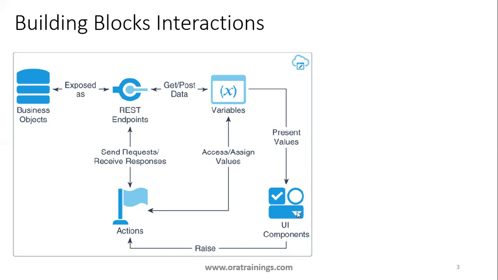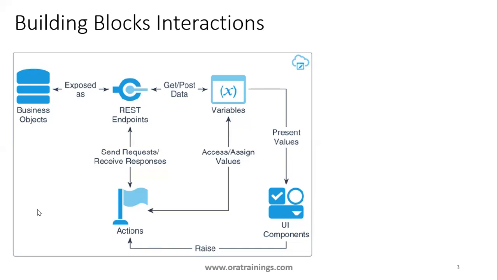And also here, if you observe, you have UI components. When you say UI component, it can be a hyperlink, a button, a read-only text, an enterable text, a checkbox, a drop down, or an image. So you can raise an event. Whenever you type any text in a text component, you are raising an on key event. Let us say when you have a button and you press it, you are raising a button event.